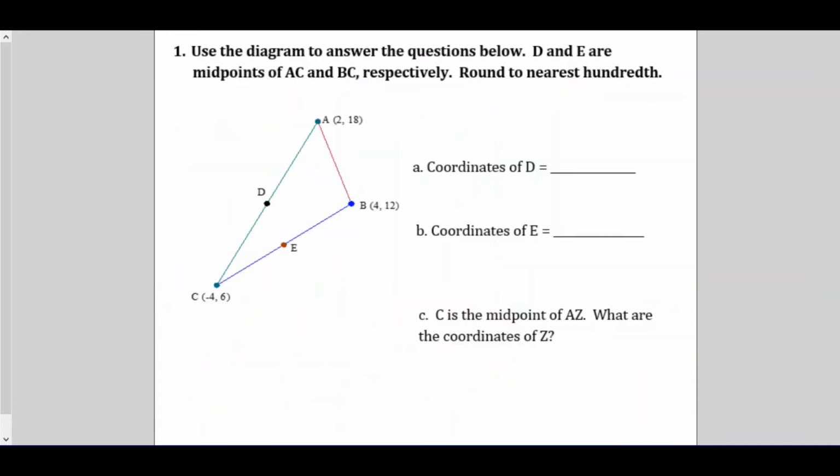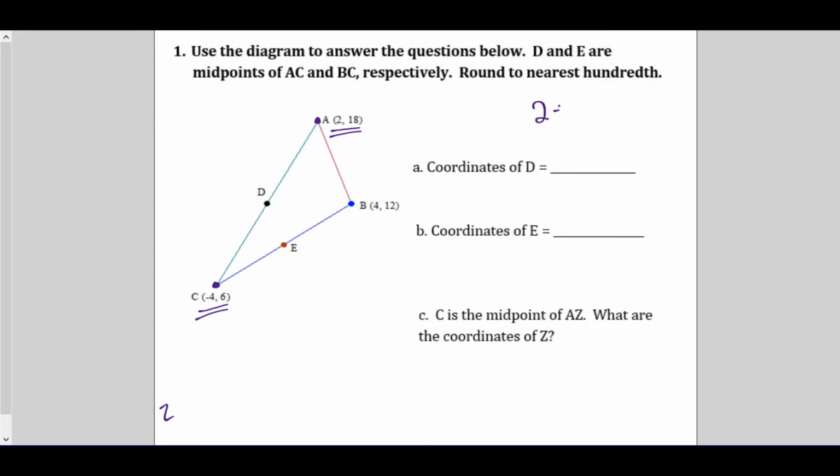All right, so we are going to use that diagram to answer the questions below. D and E are the midpoints of AC and BC, respectively. Round to the nearest hundredth. What are the coordinates of D, E, and then actually we'll get to that later, but that is saying that this is the midpoint of some AZ, where Z is somewhere down there, and I want to find the coordinates of Z. So to find the coordinates of D, I'm going to find the midpoint of A and C,